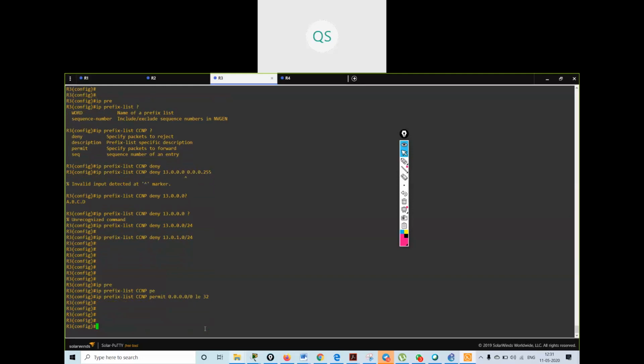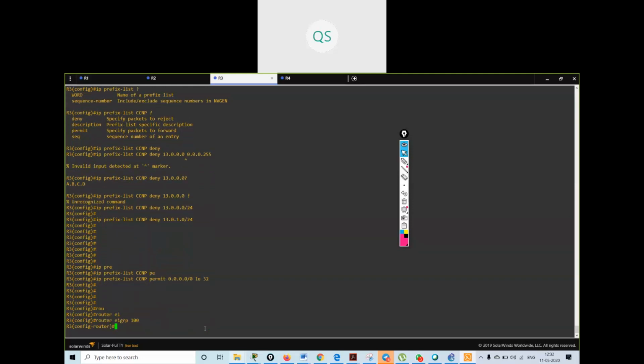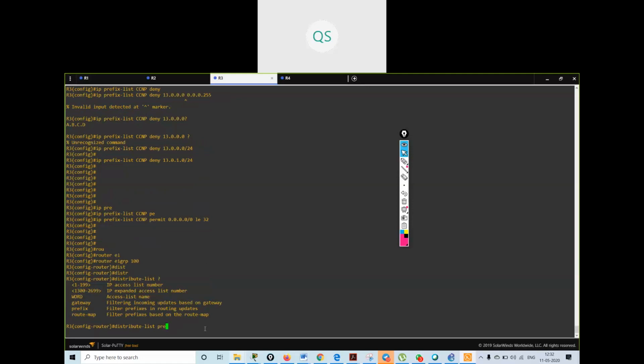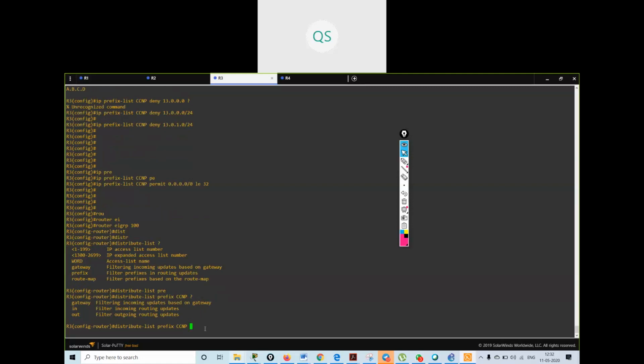I've created the prefix list. Now I will go inside router EIGRP 100 and say distribute-list prefix CCNP, going out of the interface S3/1.